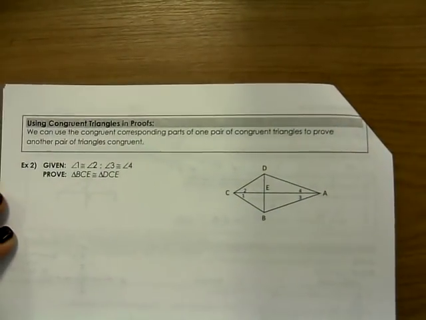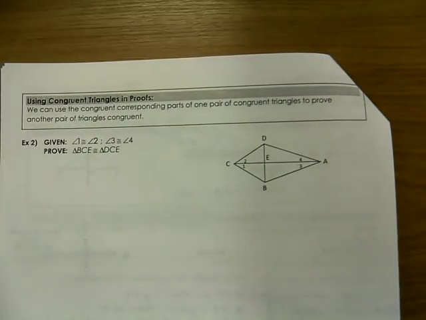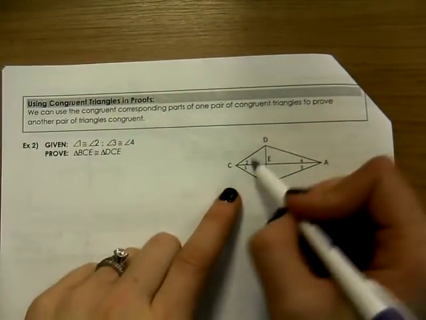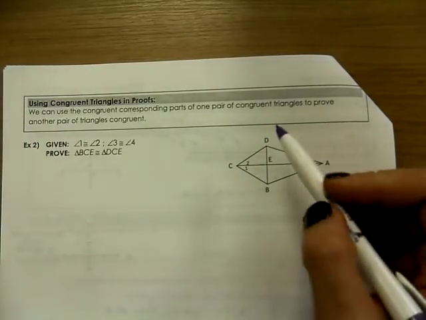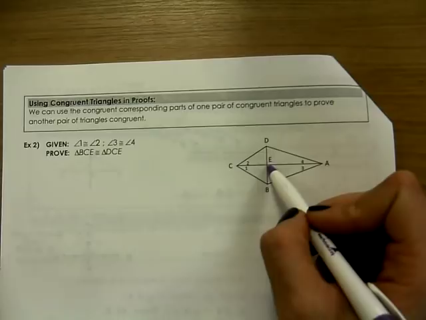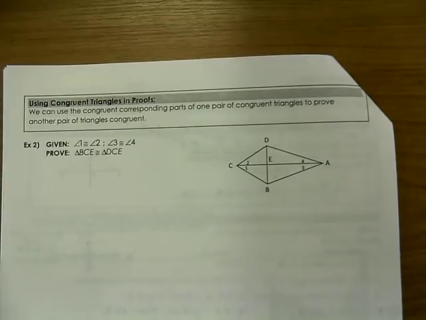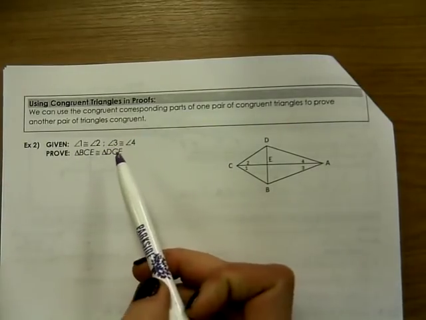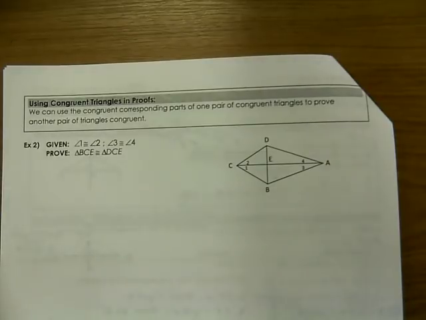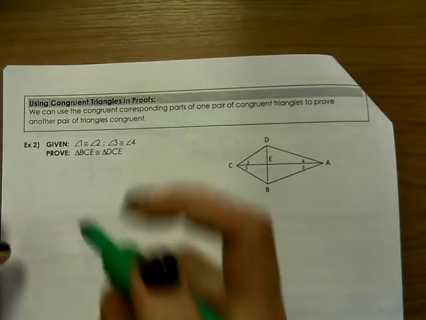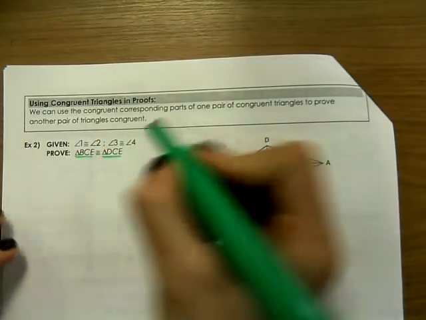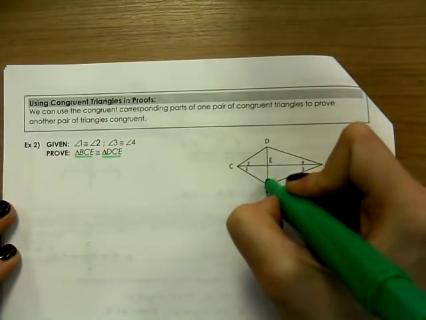All right, flipping to the back. I want to continue to use congruent triangles to prove other theorems, or to prove other statements. And so you are given that angles 1 and 2 are congruent, 3 and 4 are congruent, and you want to prove triangles BCE congruent to DCE. This now is using one pair of congruent triangles to prove another pair congruent. And so I'm going to highlight the two triangles I ultimately want to prove congruent in green. So BCE